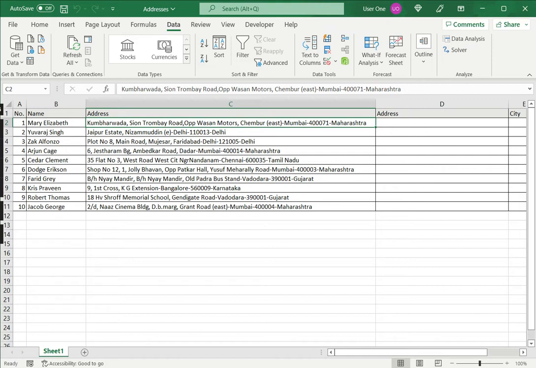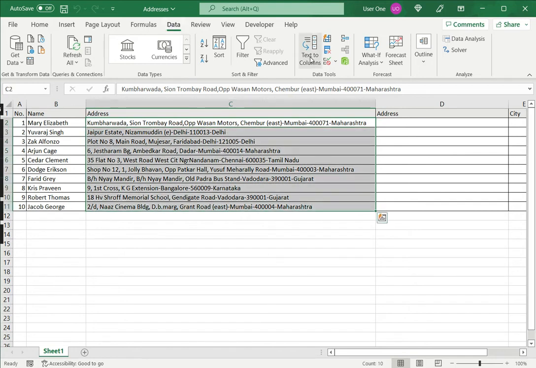So in this case, the first thing I need to do is look at the data and see how it has been arranged. So here I see that I have a hyphen. There is the street address, then a hyphen, the city and the PIN code and the state all separated by hyphens. So Excel has a very handy feature called text to columns or convert text to columns that I will use to separate these. So the first step I do is select the